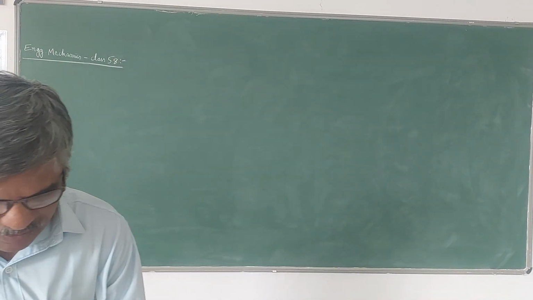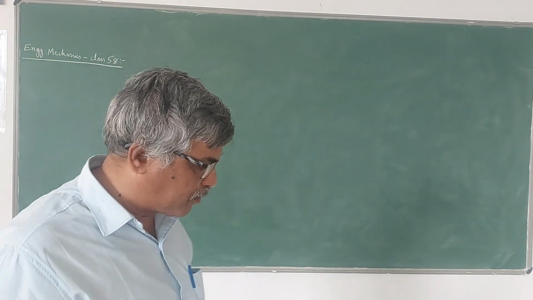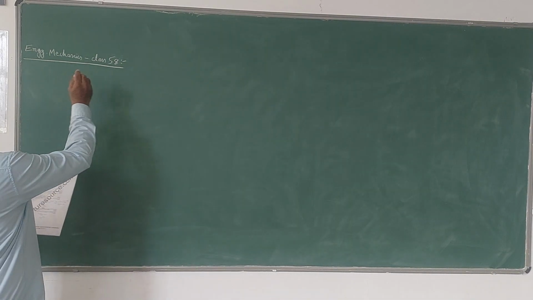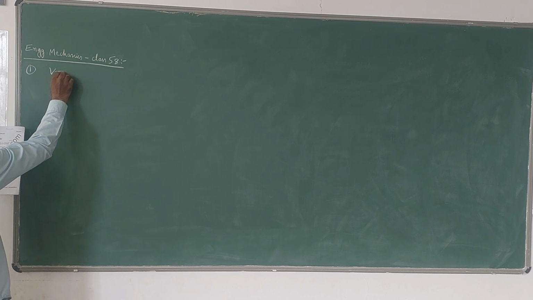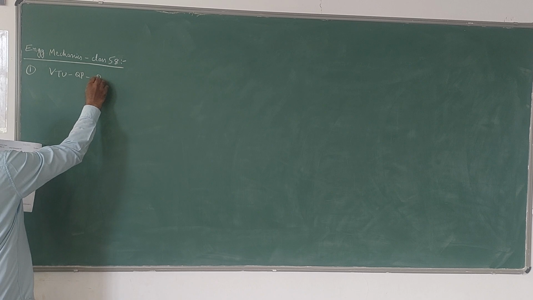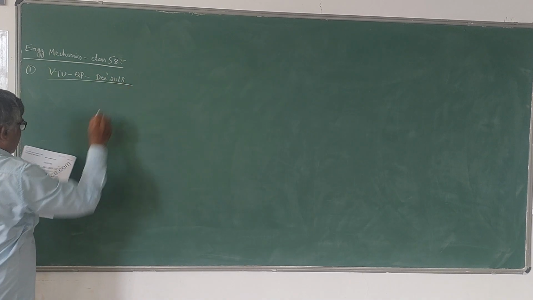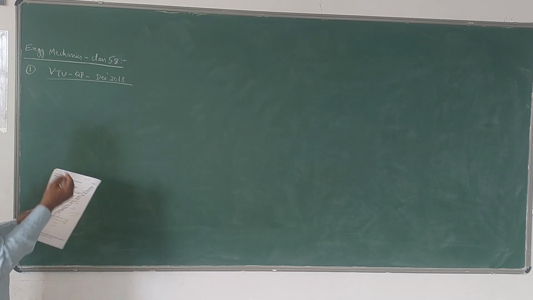So in this class, we will discuss some examination question paper problems in general. The first problem is from the VTU question paper, December 2018. The question is like this: a mass of 580 kg,